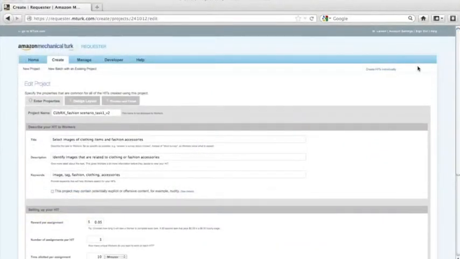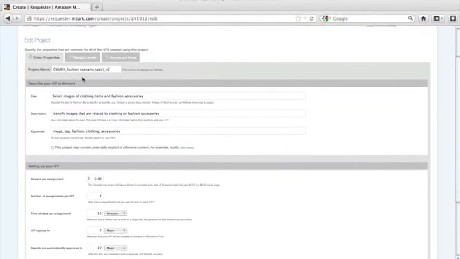Here we are on Amazon Mechanical Turk, and I'm going to give you a quick overview of how one goes about designing a HIT, or a human intelligence task, that can be used to collect or validate image labels. So here we are in the interface, and we are under the tab Create. This is where you create a new project, but in this case I'm editing an existing project just to speed things along. Okay, so we've given the project a name, which is used for internal management purposes,